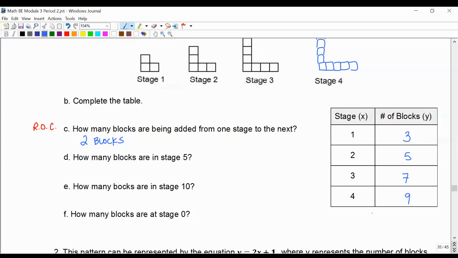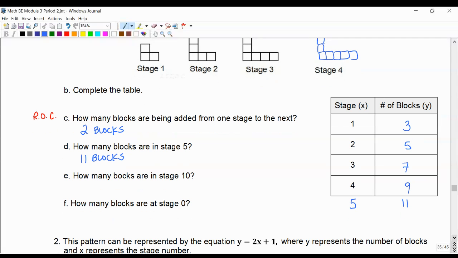Next, we're going to figure out how many blocks are in stage 5. We're going to extend our table. In stage 5, without drawing it, I can see it is going to have 11 blocks. We'll come back to E in a second, but you're welcome to make a prediction, and we're going to look